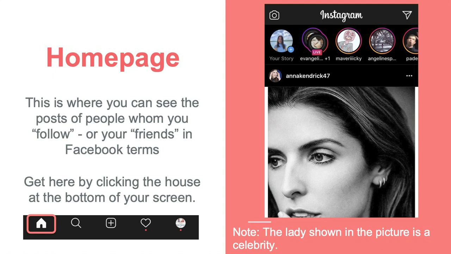But basically, at the bottom left of your screen, you're going to have your home page, exactly what we're seeing on that screen over there. And then we also have a search bar where you can search for the names of people, just like you would on Facebook, or whatever topics you're interested in. You'll have a lot of things popping up that way.